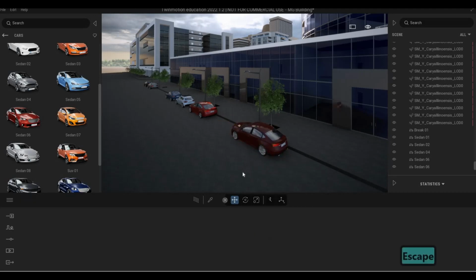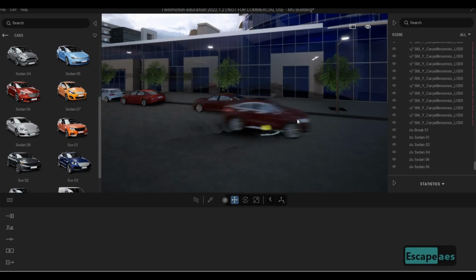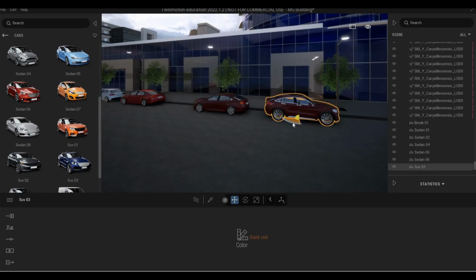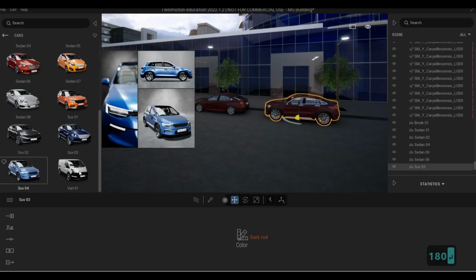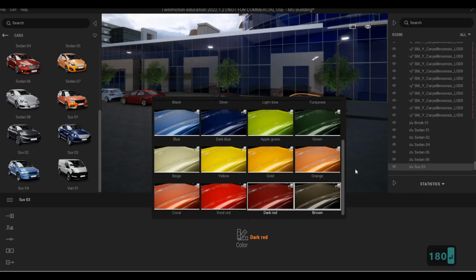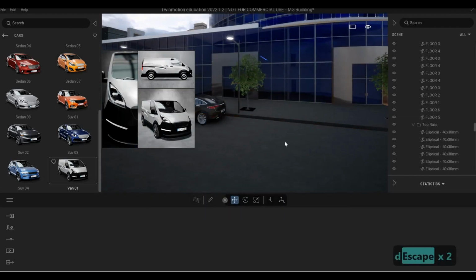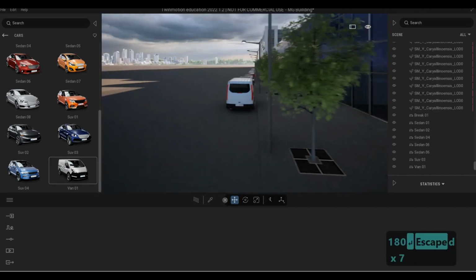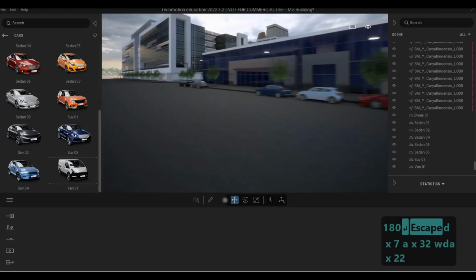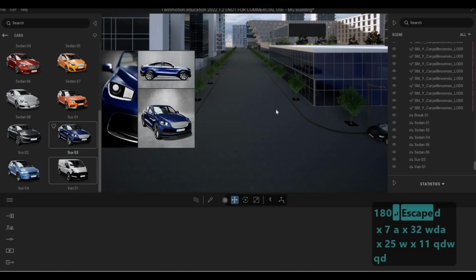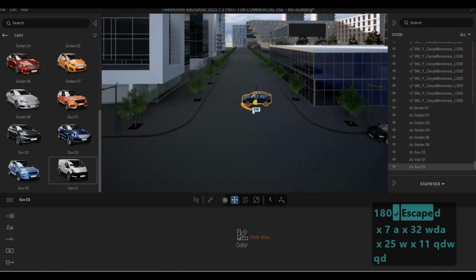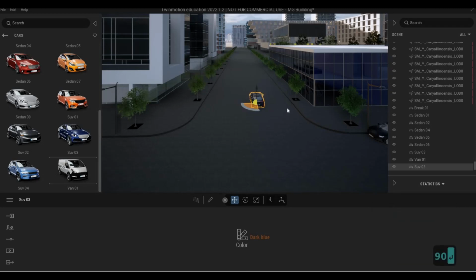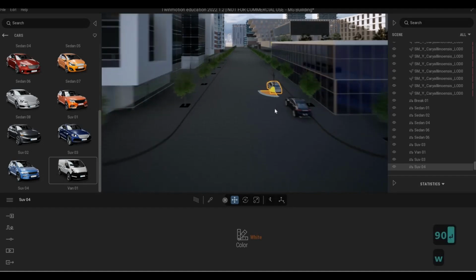We need to skip, and then here let's add in another one. So you just need to keep on adding. This one's brown, and then a van. 180, and that's good. We could have that, and then obviously we need to add in somewhere right here on the side. 90,